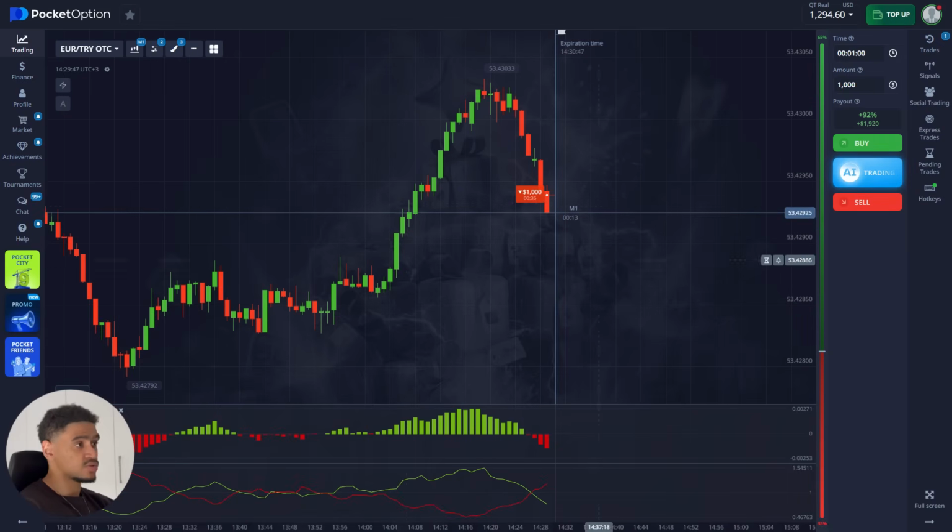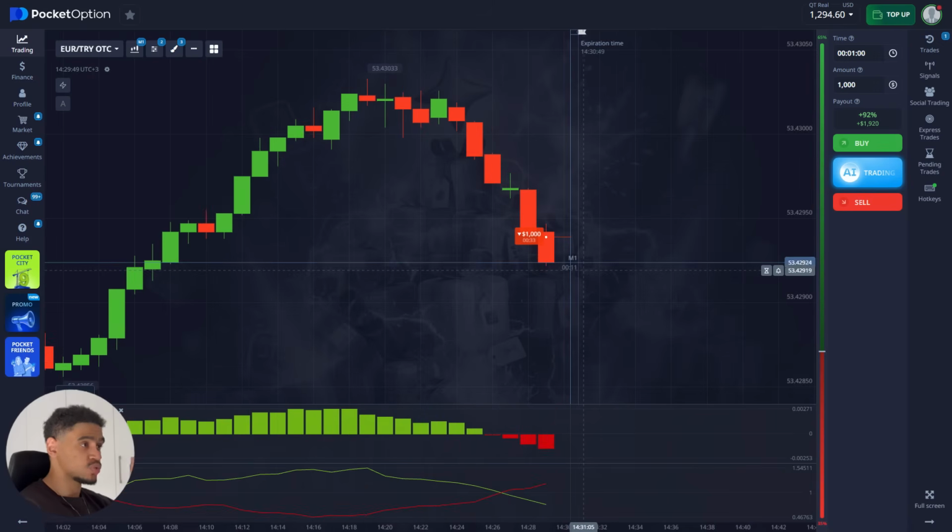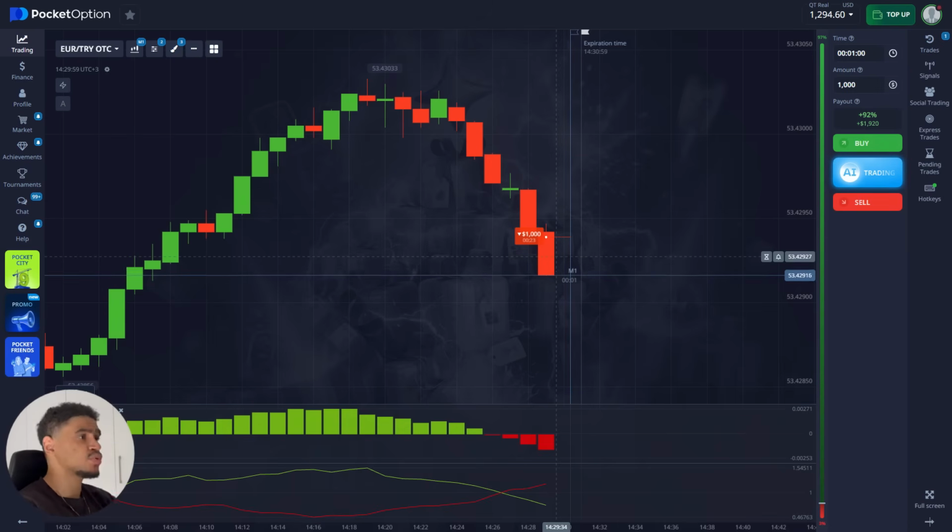I think the price is going to continue riding all the way down, so we could place more money, but I want to only place a little bit here because I already made my profit. I don't want to lose it in case something goes wrong. And this is the importance of trading. You want to always make sure that you secure your profit before you go in and place bigger trades. Take your profit, get out of the market.